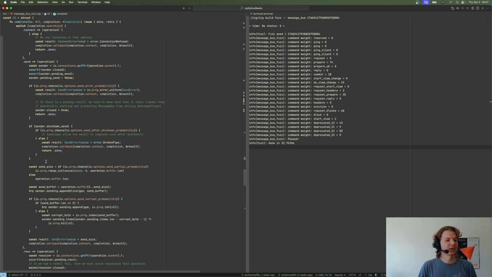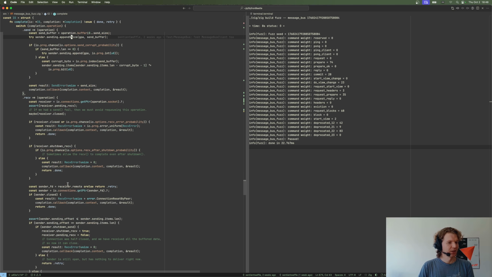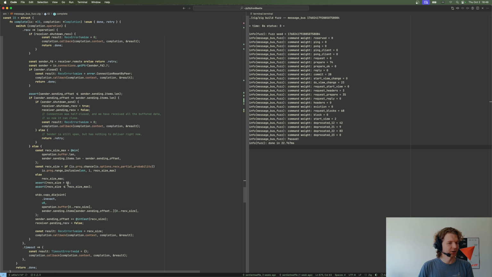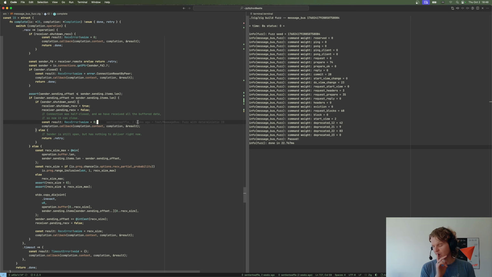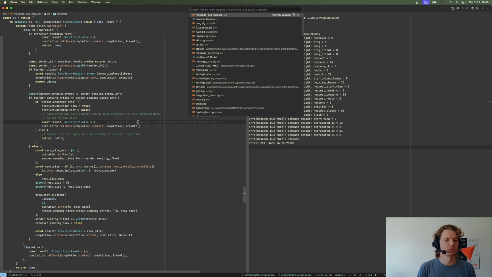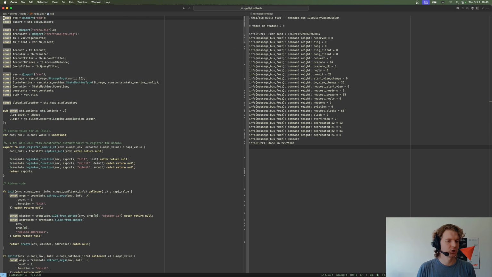So then send appends to the connection buffer, and then receive similarly pulls from the connection buffer, but obviously we have all kinds of errors there. Okay, we are done. So I think I want to do one more thing here, which is